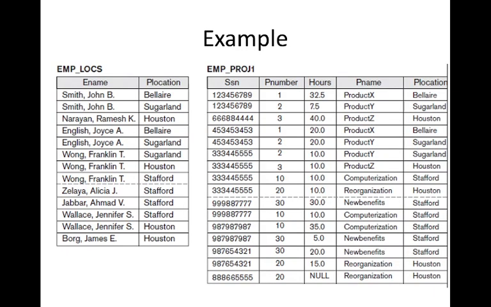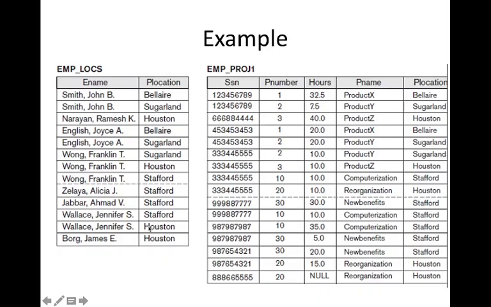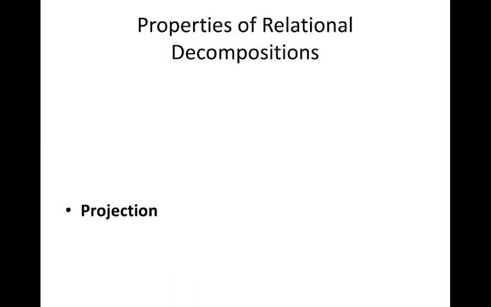Then we have the dependency preservation property. What do you mean by this dependency? Hope you have understood what attribute preservation is and what is meant by preventing spurious tuples. Actually this is for the lossless join property. In other words, we can say that this decomposition should satisfy the lossless join property. Then the third property is the dependency preservation property. So before going into the dependency preservation property,